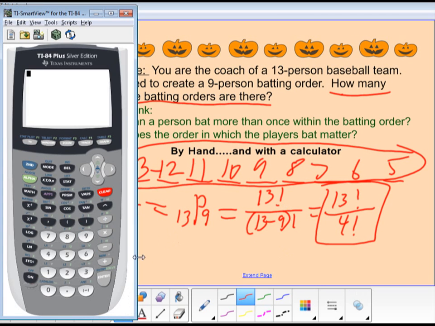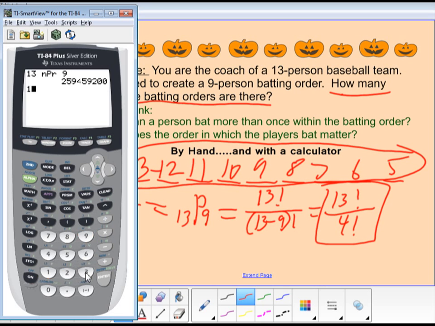We'll bring up our calculator here. So we could type in 13 factorial over 4 factorial the way that we did yesterday. But you can also use NPR, the formula is actually built into the calculator. So I can do 13, and then I can go to math, probability, and notice there's NPR. So 13 NPR 9, and I can put that in, and there is my answer, which is the same thing